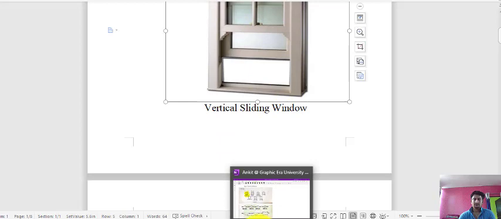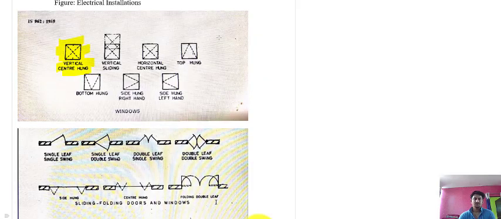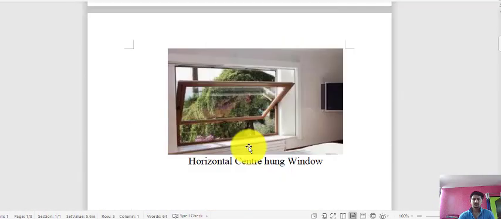Now the other one is the horizontal center hung window. First we have seen vertical center hung, now we will see horizontal center hung. In a horizontal center hung window, it will be hanging centrally in the horizontal direction. Horizontally it will be hanging in the center position.